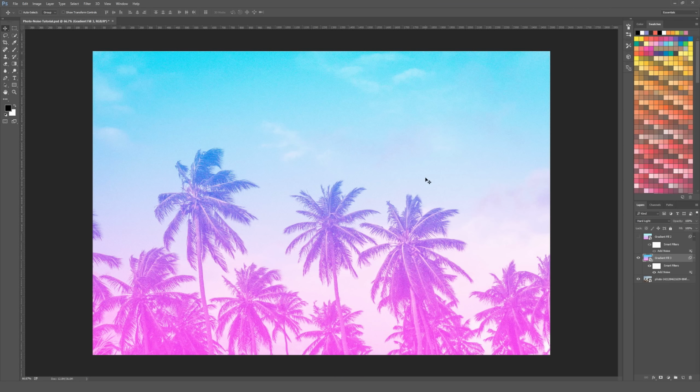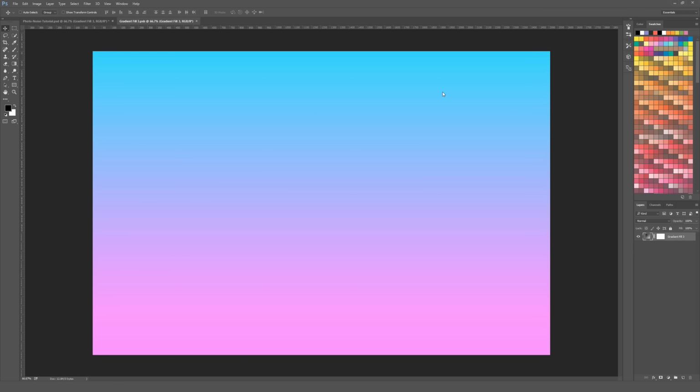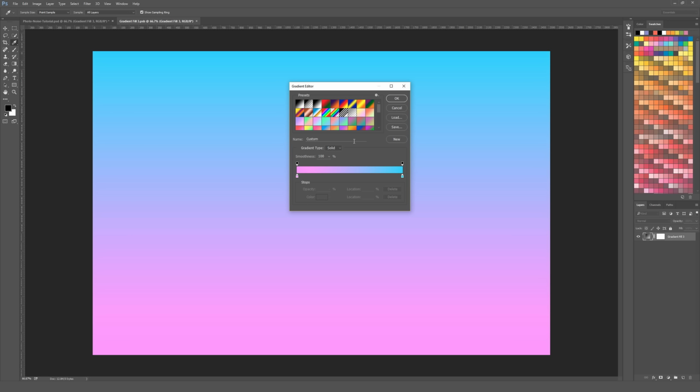And if you at any time want to change the color of your gradient or a solid color, you can just double click on this smart object, which will open up your fill in its own window right here. So in this case, it's a gradient fill. And then if you do want to change the color, you can just double click on that from the layers menu right here. Double clicking on the thumbnail is what will open that up for you. And then you can go ahead and click on this gradient if it's a gradient or solid color,